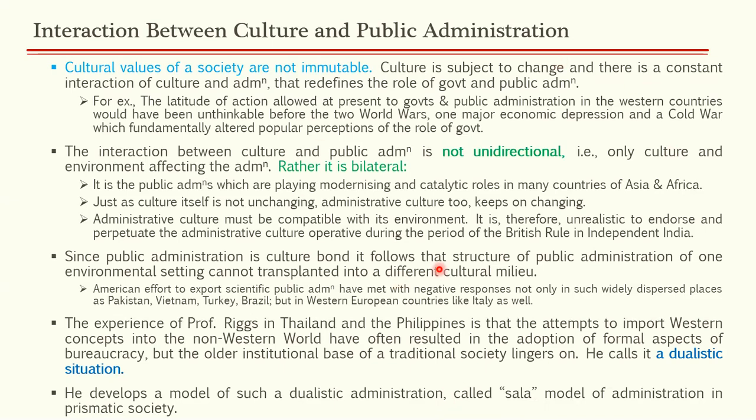So we are done with one factor, that is culture, how culture affects administration, and vice versa, how administration also affects culture. We have seen this in our last two slides, and we are done with culture. We'll move to one big topic now, political environment, how politics affects administration. And you have to remember that before culture and society, all these terms came into work, politics was always there. If you remember the politics administration dichotomy, this debate has been going on for a very long time, that politics is affecting administration and everything.